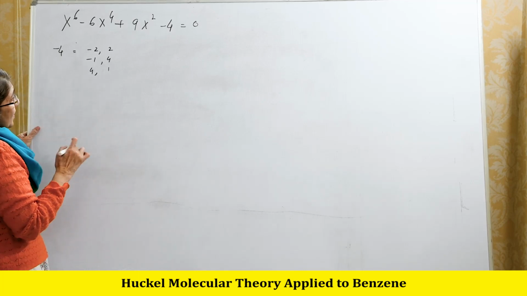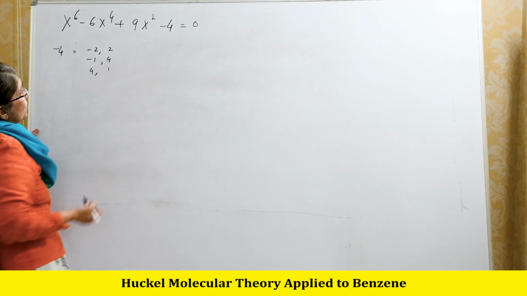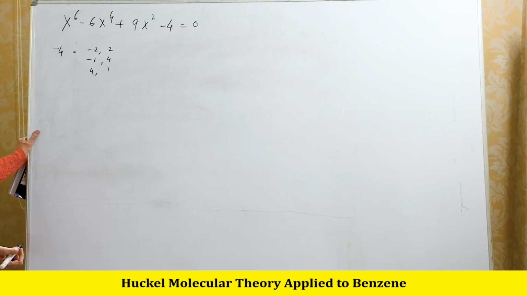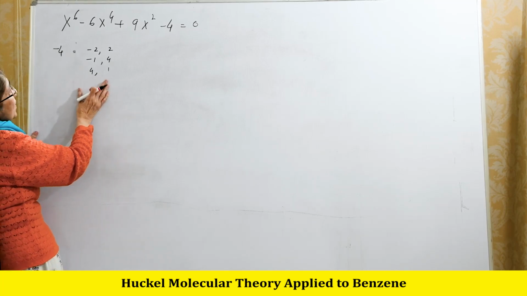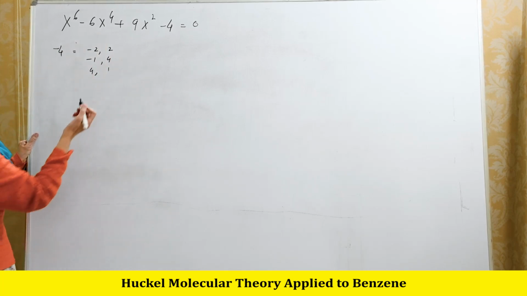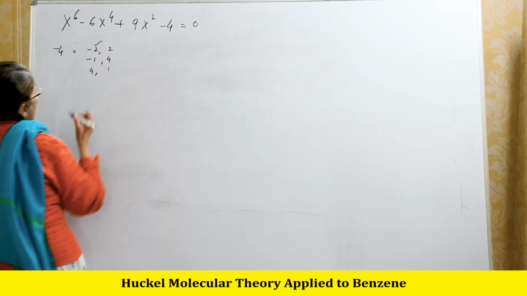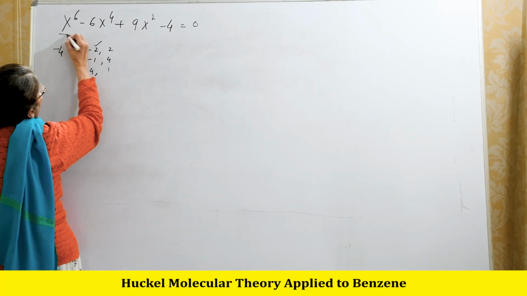So we see one by one which factors are the root of this polynomial equation. So suppose we take minus 1, 2. So we will write this equation